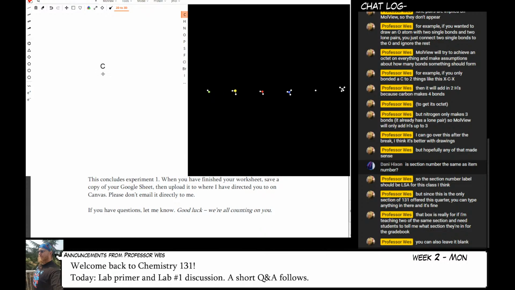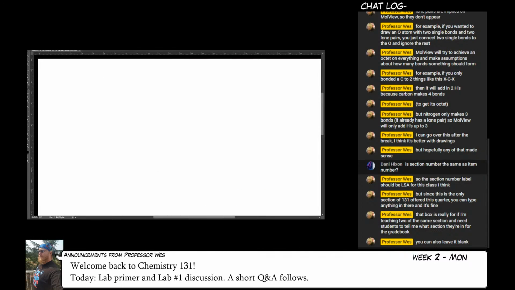Okay. So I'm going to put a single carbon atom, and what is the system trying to imply? It is trying to imply that carbon always has an octet. Well, here as drawn, I didn't bond anything to carbon. This is just a carbon, that if I were to draw its Lewis structure, so if I go over here